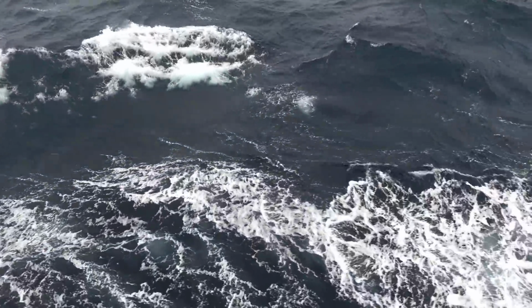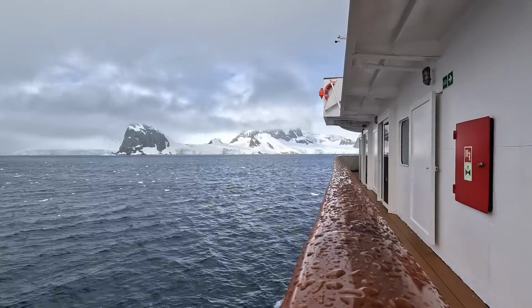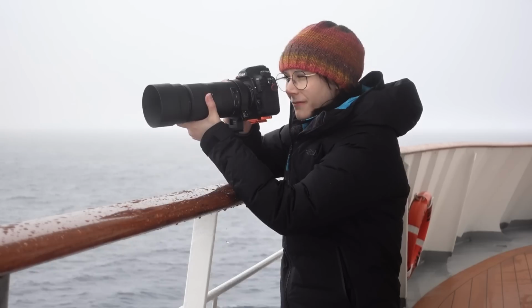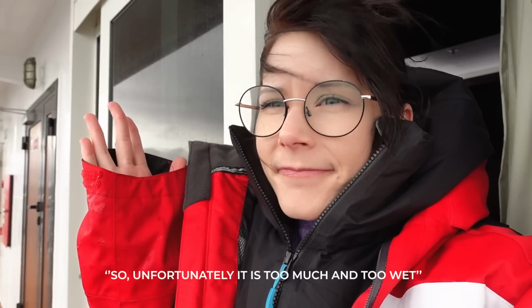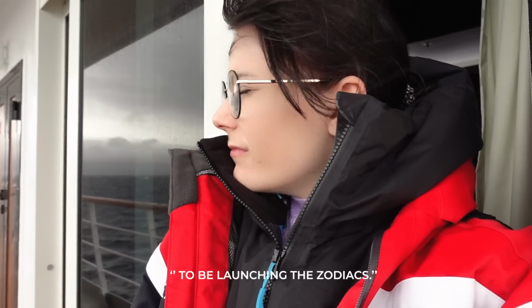Strong winds, icebergs, and blizzards. We could not compete against nature as we were blown out of multiple bays, preventing us from heading out on the zodiacs for some more Antarctic photography adventures. We have wind speeds over 30 knots pretty consistently now, so unfortunately it is too much and too wet to be launching zodiacs. It would be a very miserable...